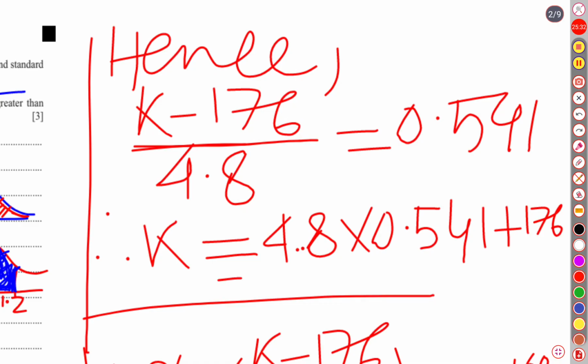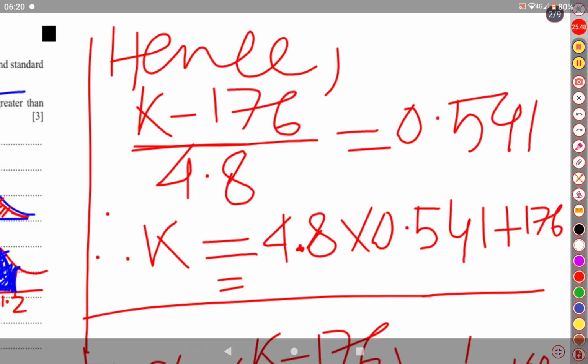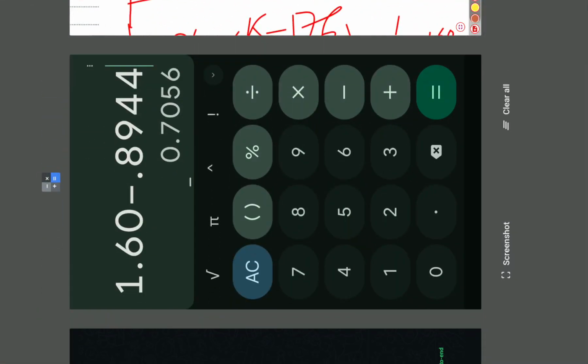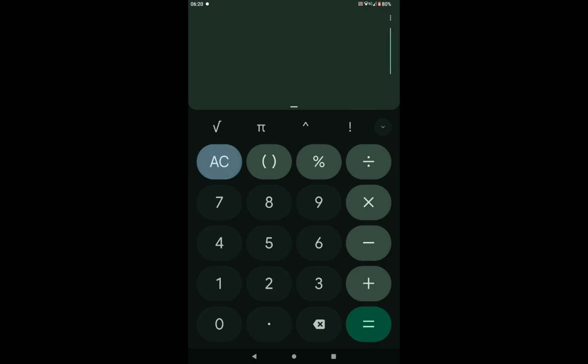So finally if we calculate 4.8 into 0.541 plus 176, our k is going to be, let us calculate using our calculator. 4.8 into